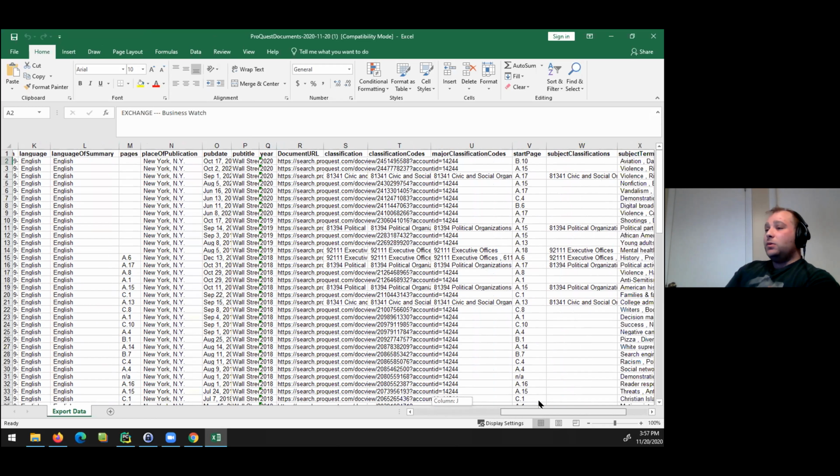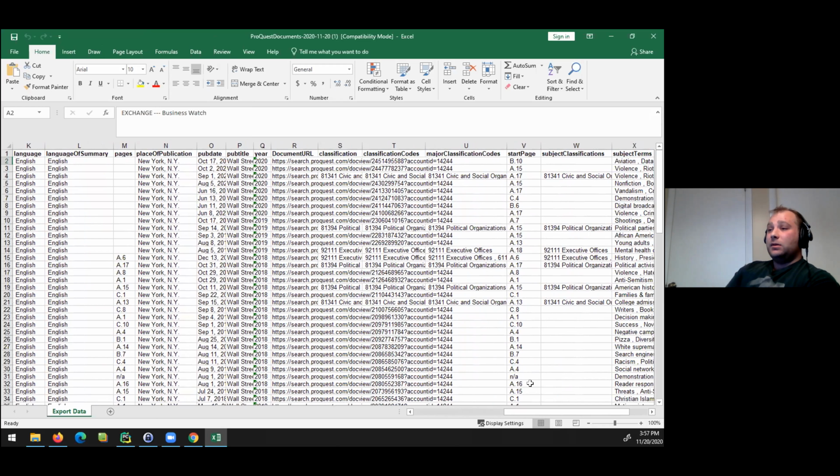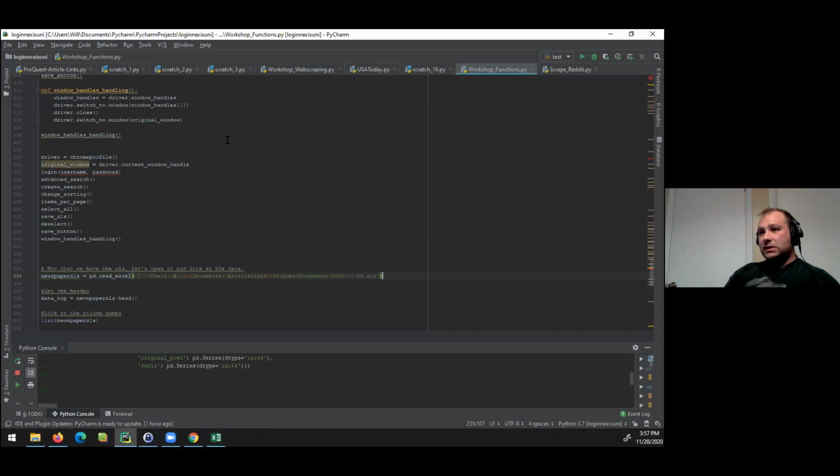However, we can use this to find the full text, because what these have is they have stable links, similar to how we went through the stable links to particular threads on Reddit. You download stable links to every article that you want. So for example, this right here, every time that we put this in our search bar, this will bring us to the same link. And if we do this in